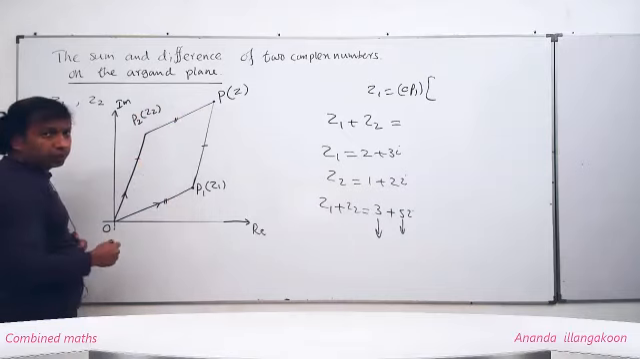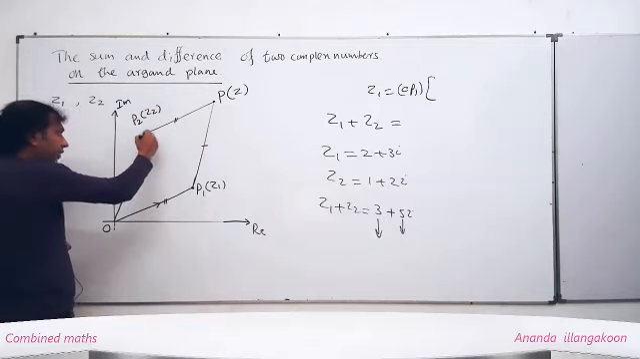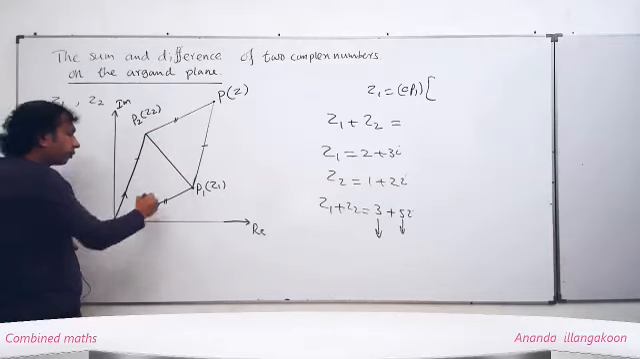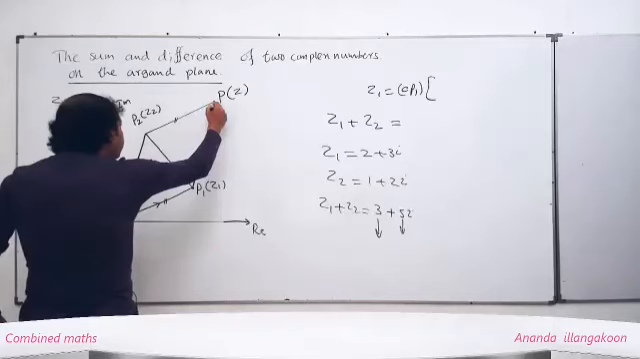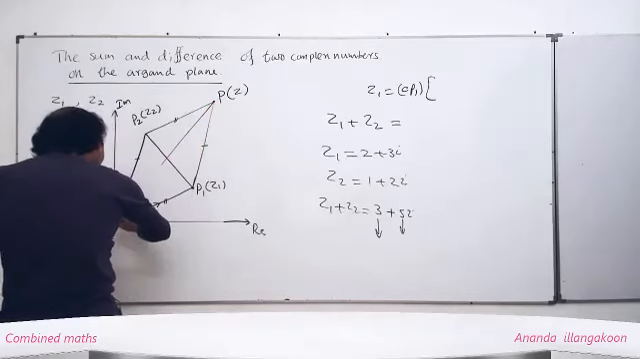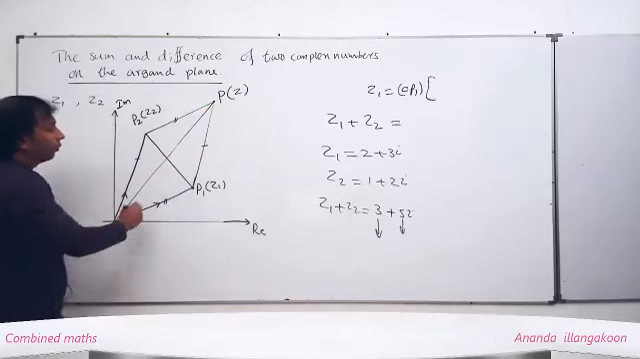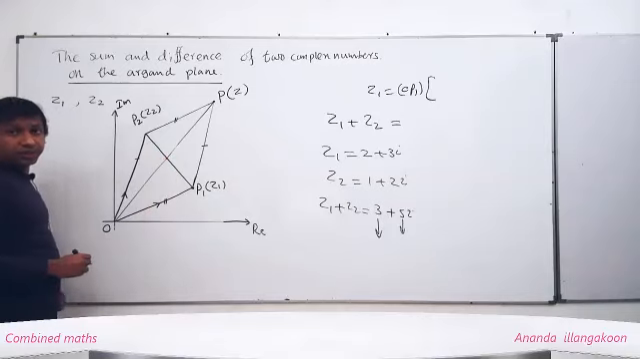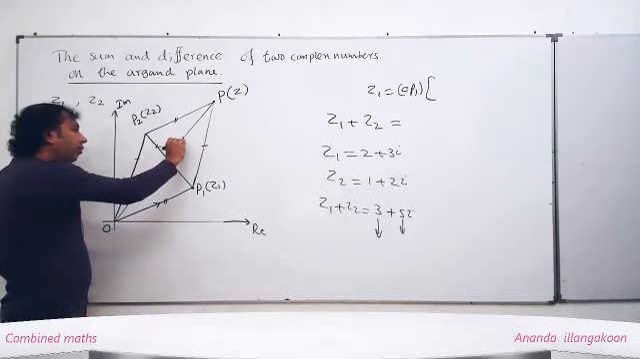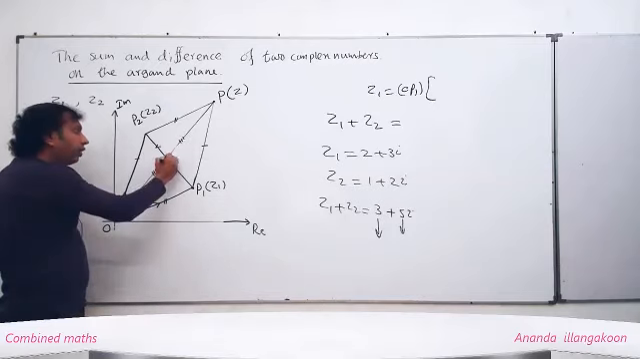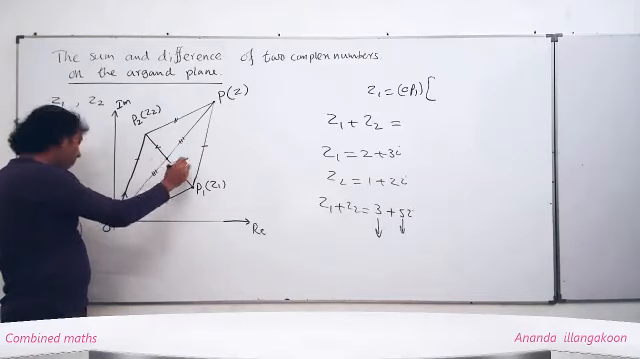And also they are parallel. When we construct these diagonals like this, you know the diagonals of a parallelogram bisect each other. Then this length and this length are equal, and this length and this length are separately equal. So if I take this point as Q,